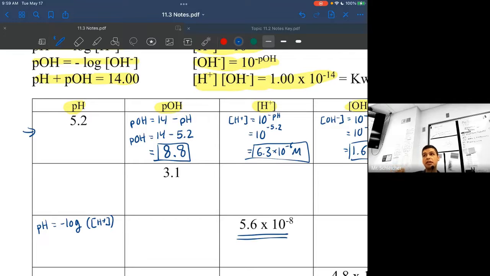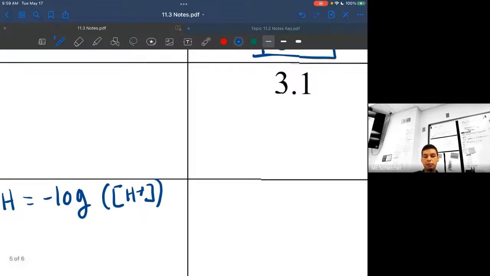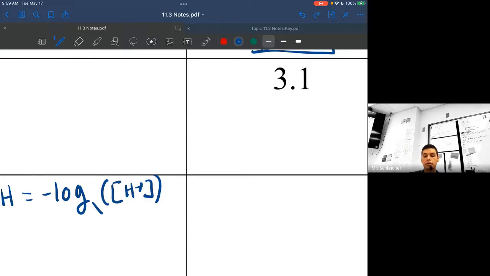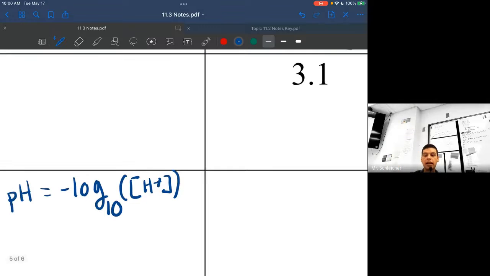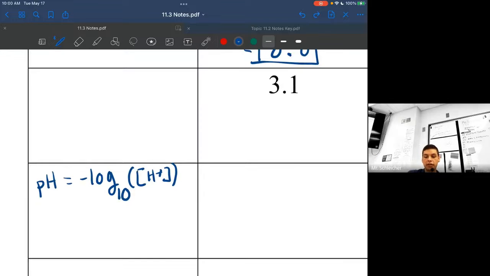Third of all, your calculator is probably going to force you to put a base number into the logarithm. When I say base number, it's some number on the bottom here. The number we're looking for is base 10. So whenever you have to fill out that bottom middle number, you can plug in a 10. And for the concentration of H plus, we should already have that from our table. So your pH should be equal to negative log base 10 of